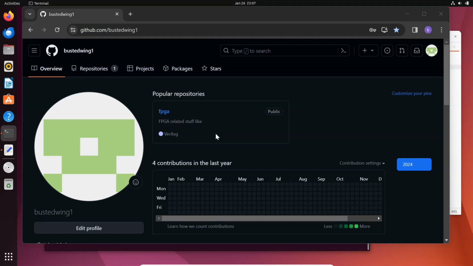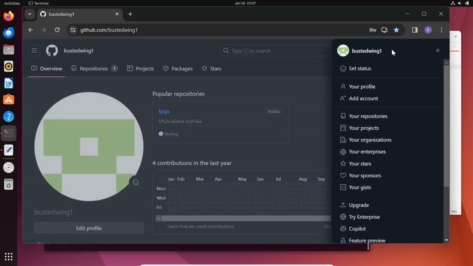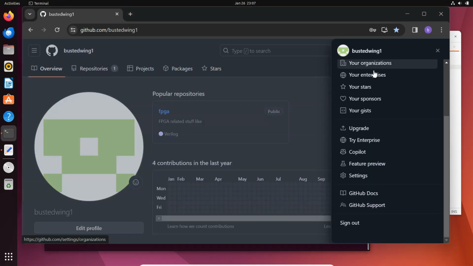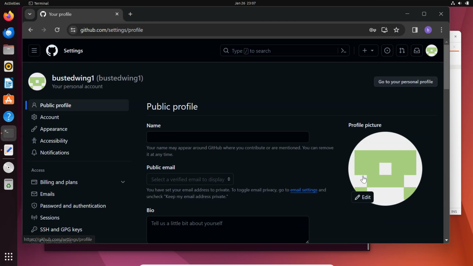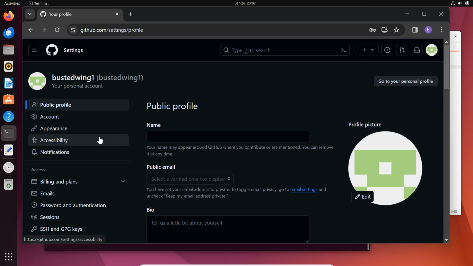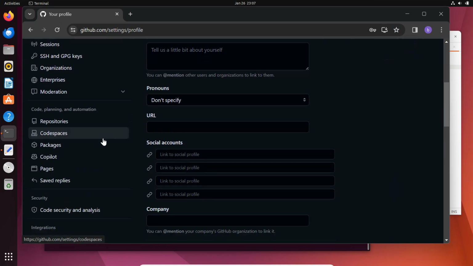Okay, let's try to create a GitHub personal access token, which we need to push changes to my repos. So right here, I'm on my GitHub page, and I click on my little profile icon in the upper right-hand corner. And I scroll down and I look for settings. I click on settings, and in this settings page, I scroll down